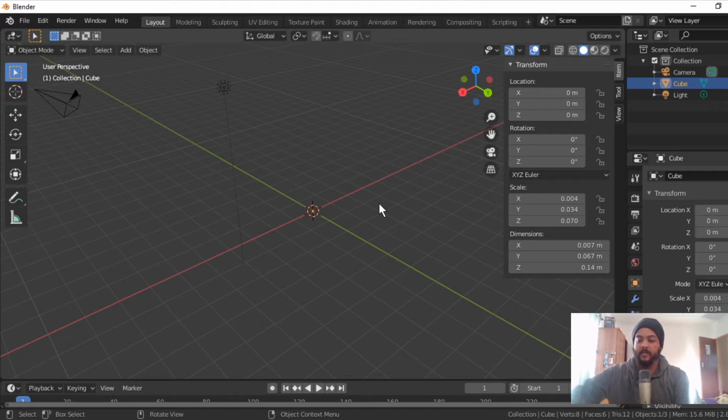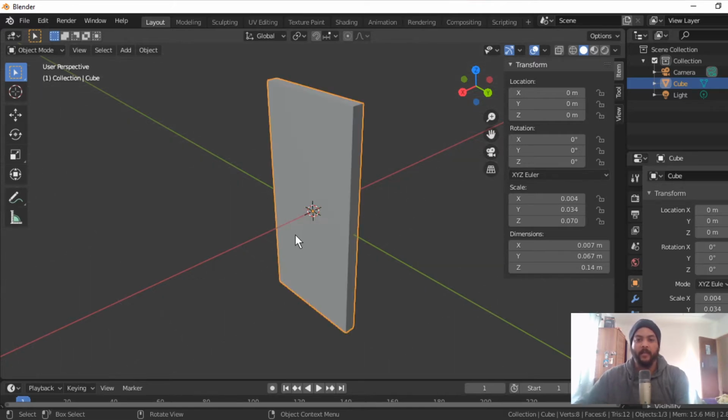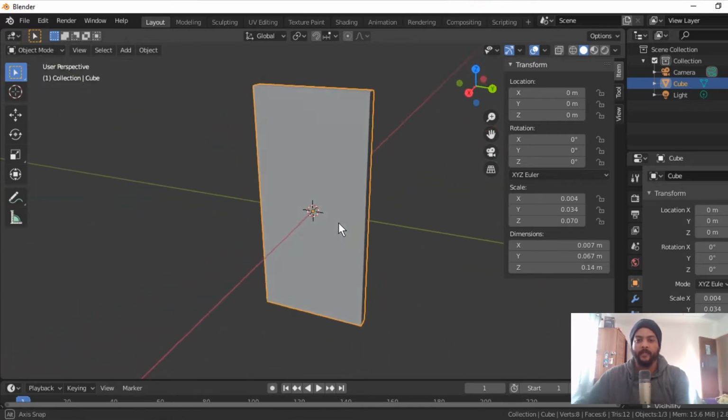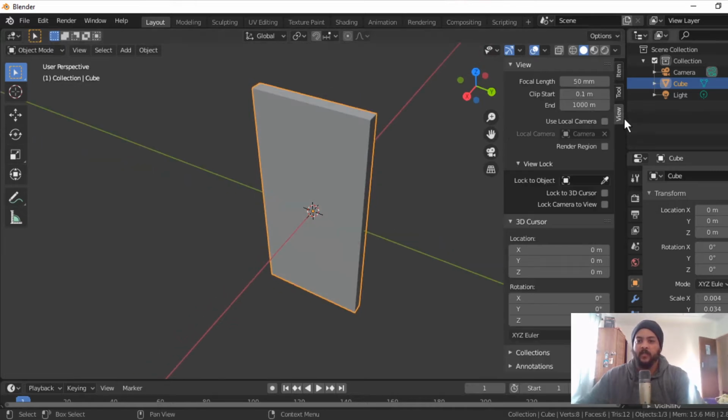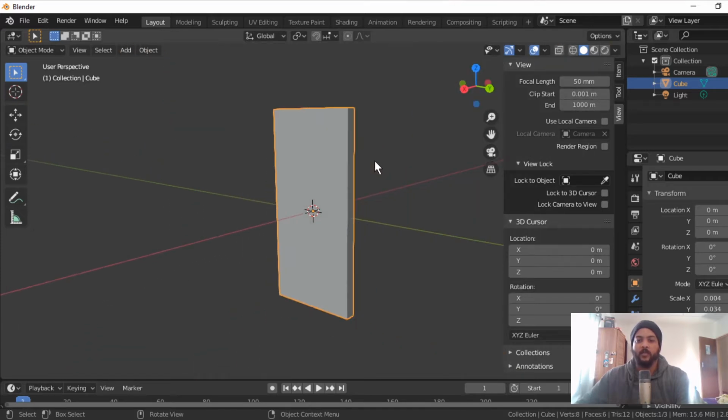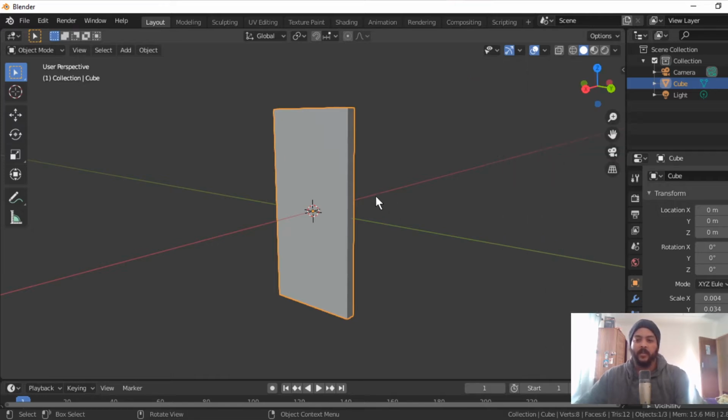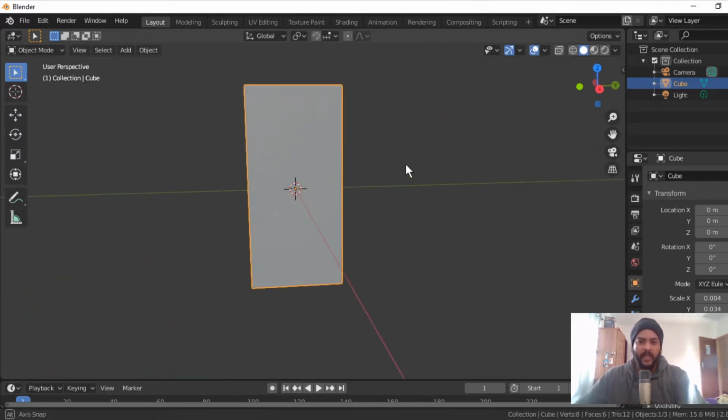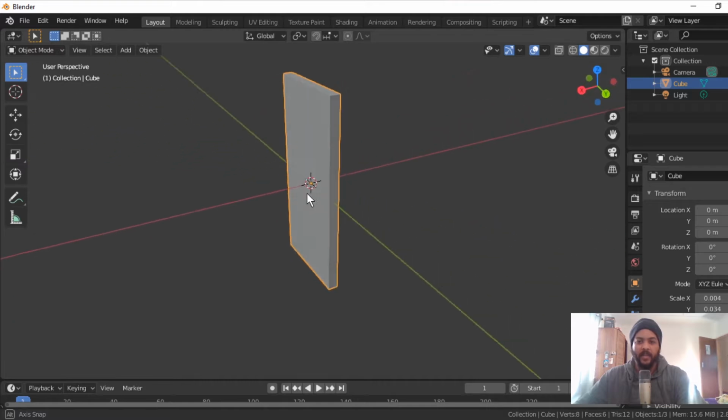You just press numpad full stop on your keyboard. We are just going to go to view, and we're going to click the clip start all the way down to its lowest. Otherwise, when we zoom in on this small size, Blender is not going to let us see what we're doing. I'll press N to hide that menu. So already we have a decent shape